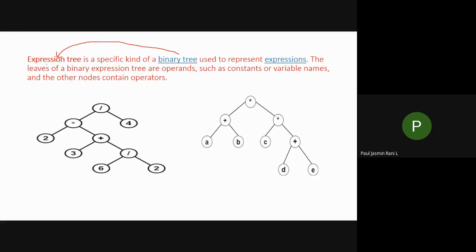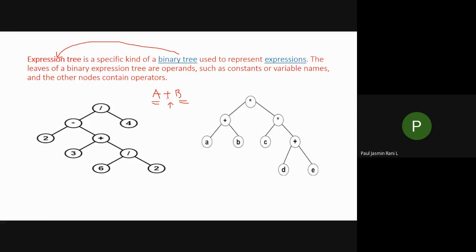And let us see what is the rule to be followed while constructing your expression tree, what are the things you have to remember. Okay, so you all know that if you take any expression, you have to remember two things. One is the operand, the other one is the operator. Say suppose it is a plus b, so in your a plus b, plus is the operator, and I call this a and b the operands. Okay, so in this expression I have two operands and one operator, isn't it?